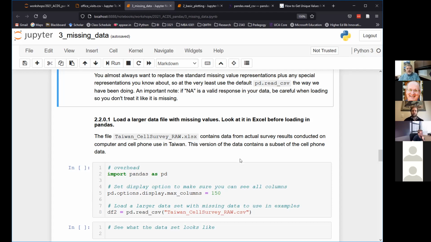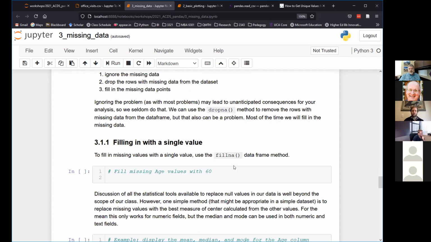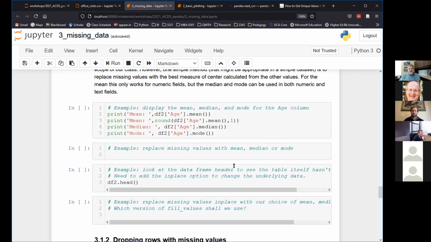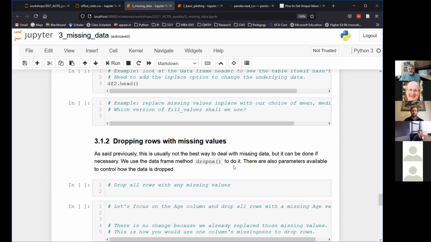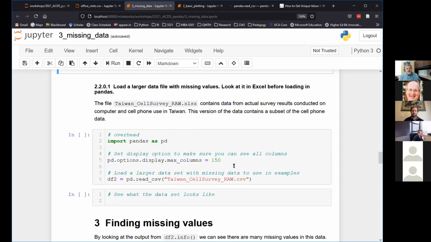I was just looking ahead a second ago, and this Taiwan cell survey raw gives an idea of what the data set looks like. I got a lot of empty cells here, so more typing than I had really intended, as it turns out, where we are here. But I can show you a little bit better, and I can give Don all the code to fill out the rest of this, or the completed